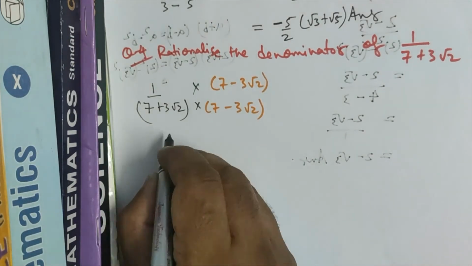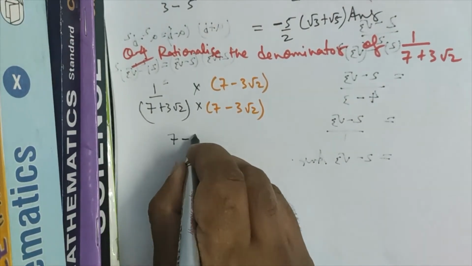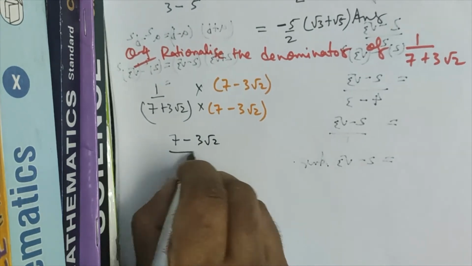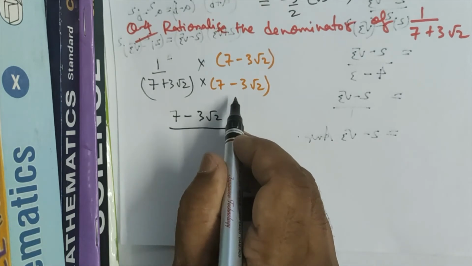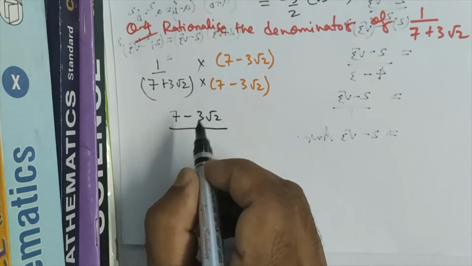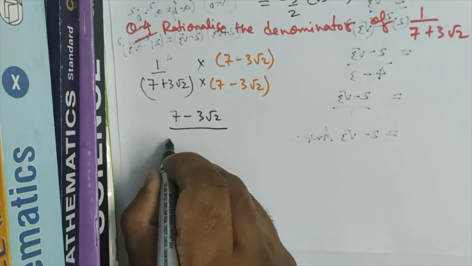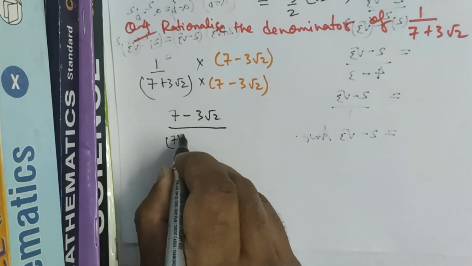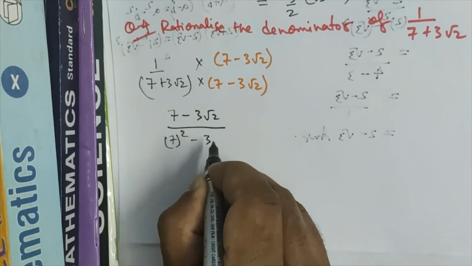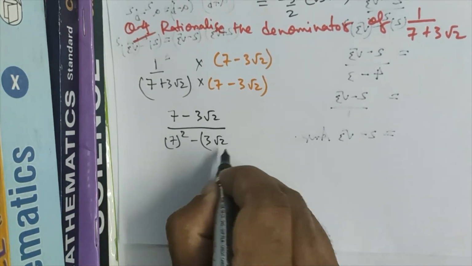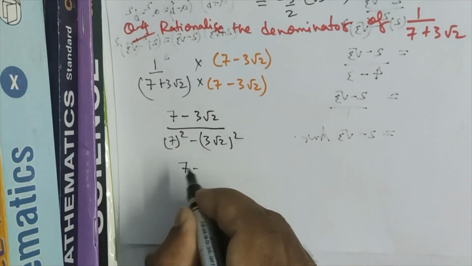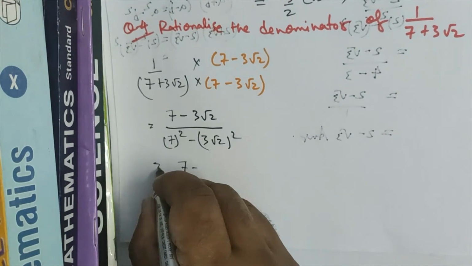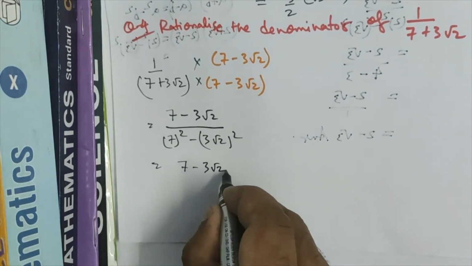We will get 7 minus 3 root 2 upon (7 plus 3 root 2) into (7 minus 3 root 2). a plus b, a minus b, that is a square, that is square of 7, minus b square, that is square of 3 root 2 whole square. So 7 minus 3 root 2 upon